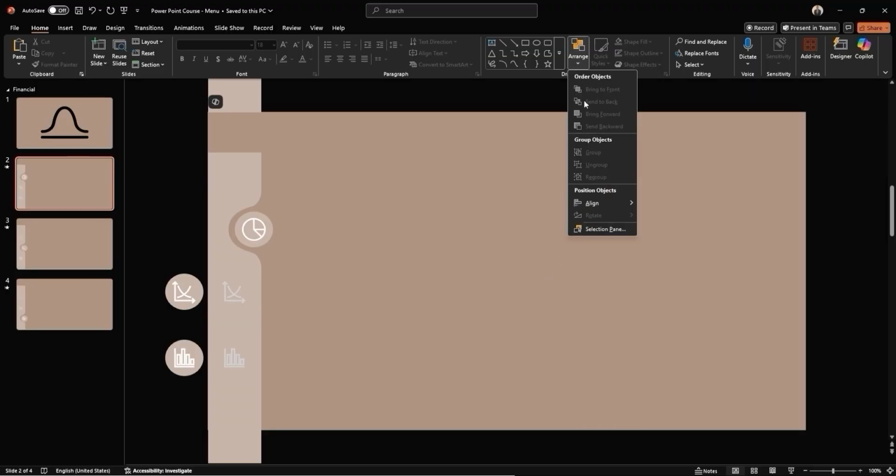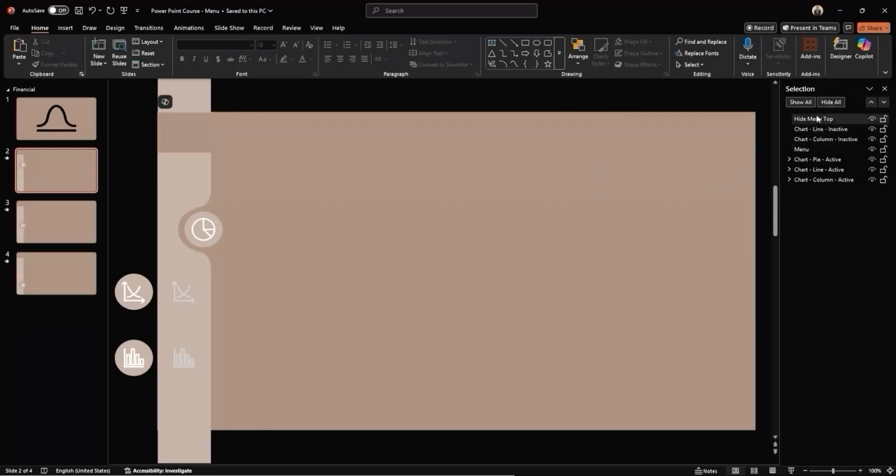Let's check out the setup in the selection pane to understand how it's structured. First off, we have a Hide Menu Top. This is where I would normally place my company logo. Now, I understand that most companies have very specific brand guidelines, rules about logo placement, spacing, surrounding elements, approved fonts, and color palettes. And we won't actually place a logo here, but for the sake of training, I've added a logo placeholder. Next up is the actual menu, and it's quite simple once you break it down.